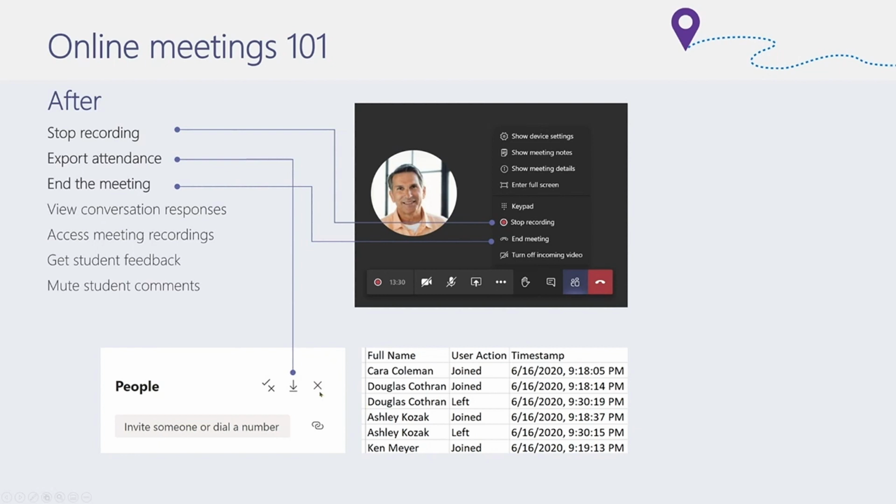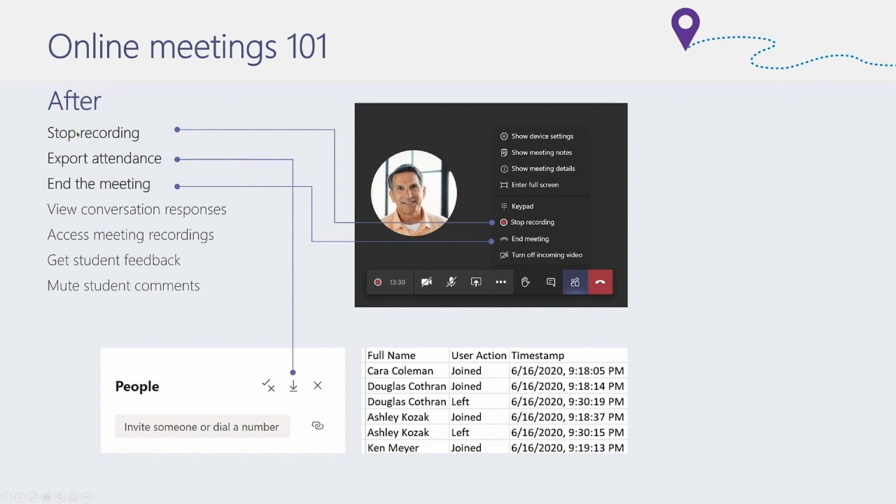Somebody asked, can you actually change your meeting options when you're live in the meeting? So Dominic went through making people attendees. Just next to your download of attendance, you'll notice the tick and the cross. If you were to click on that, that would allow you to promote somebody to a presenter if they are an attendee, so then they could share their screen if you wanted to. So worthwhile just picking out that for a moment.